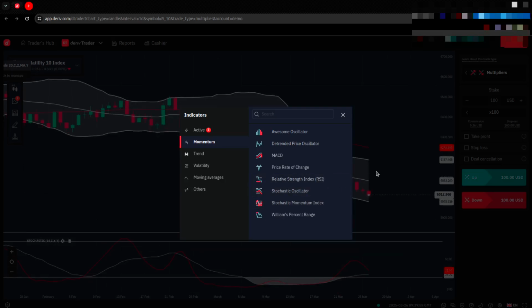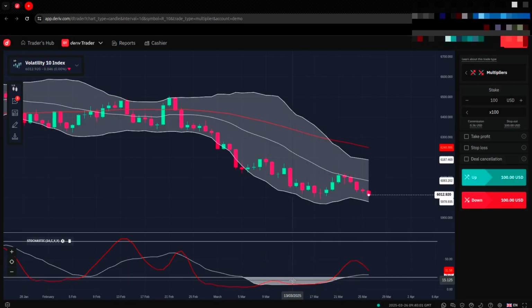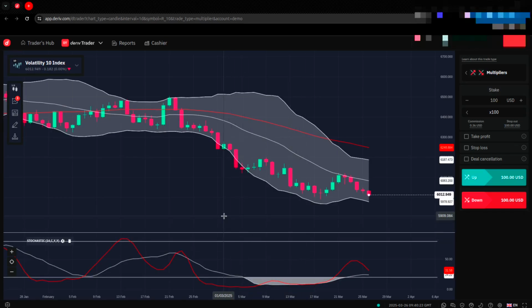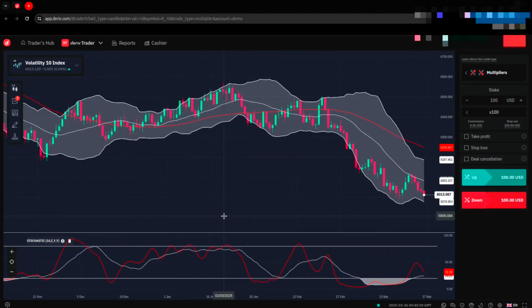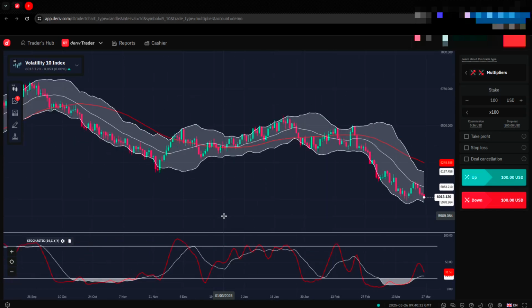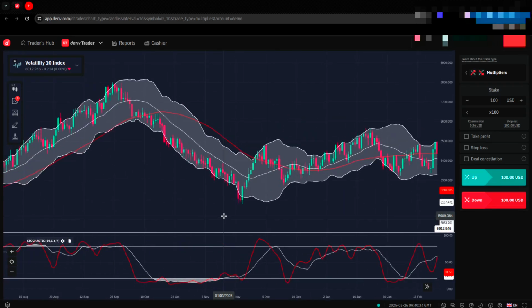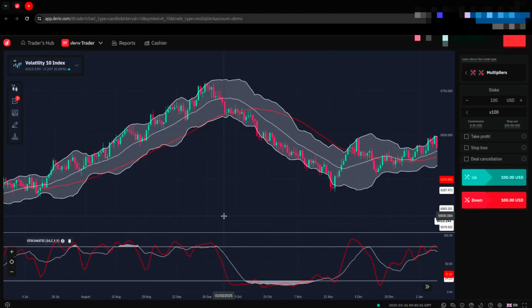The first step is to always identify the dominant trend on the one-day chart. I explained how to check for the dominant trend in the previous video, and I'll link it at the end of this video. Once you've identified the dominant trend and used top-down analysis to examine different time frames, it's important to be aware of the two types of retracements that may occur.